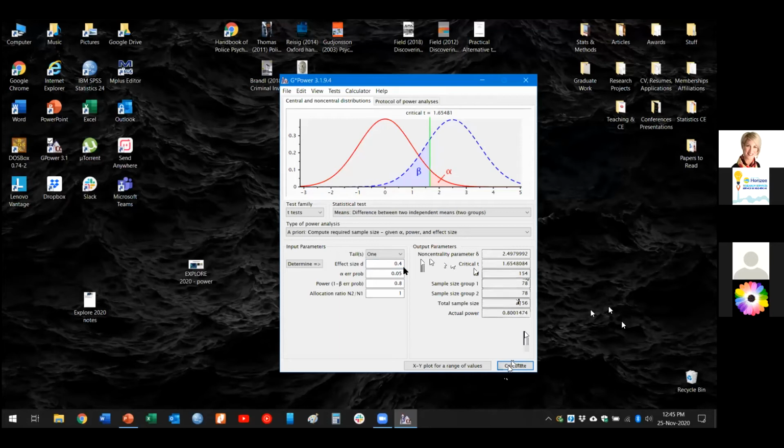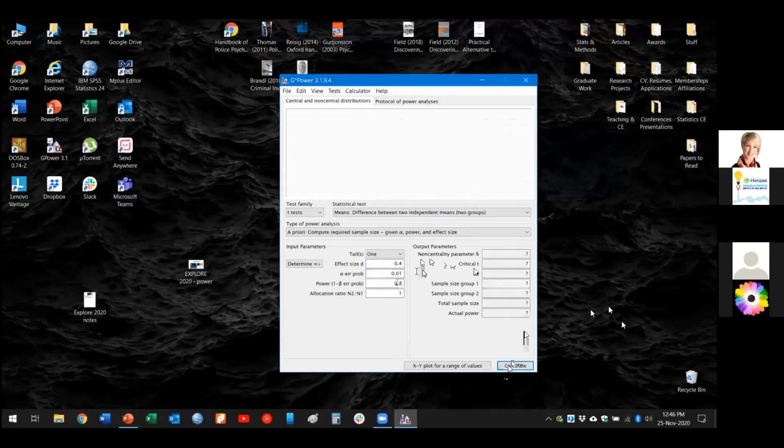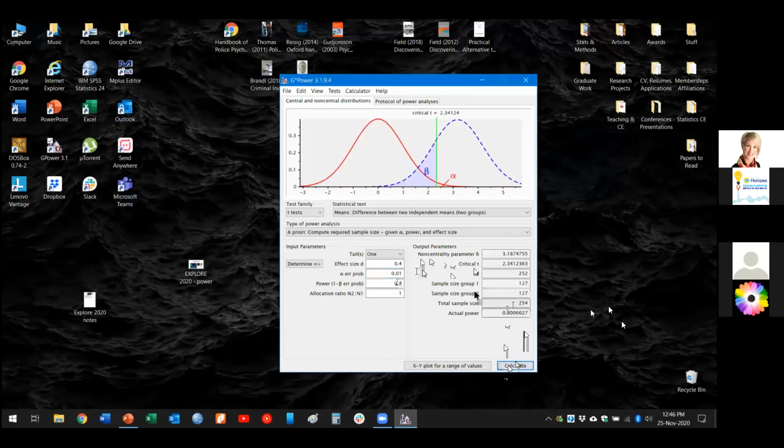If I decrease my significance level to 0.1, you can see how the sample size increases again. I put that back to 0.05.